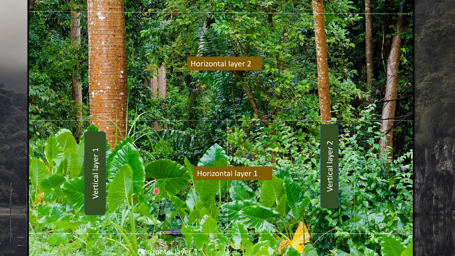So this is just a very small example. Like this, a whole forest can be divided into n number of horizontal layers and n number of vertical layers, right? So by vertical layer we mean the length of the growth, the various growth forms that are present, and with the horizontal layer we mean the zonations, the various sub communities that are present in a single community.